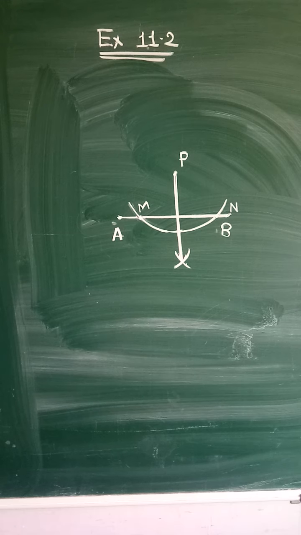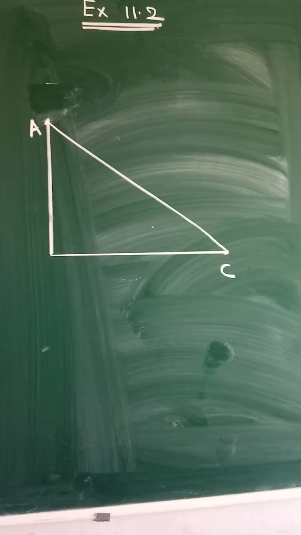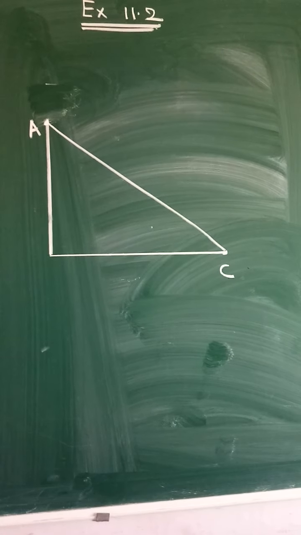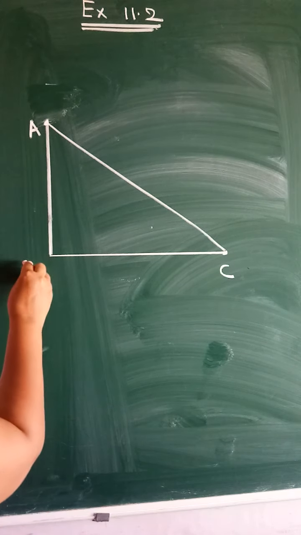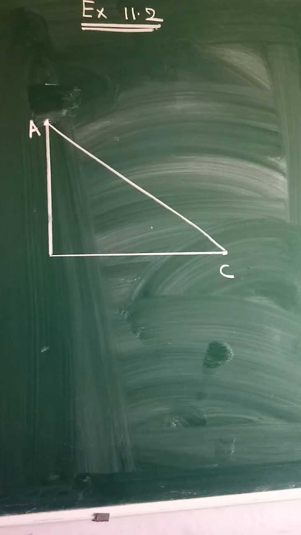In continuation with this only, let us start question 6. See question 6 now. Let ABC be a right triangle in which AB is 6 cm, BC is 8 cm and angle B is 90 degrees. BD is the perpendicular from B on AC. So first of all we have to draw a triangle as per the given instructions. So first of all we will draw AB of 6 cm.